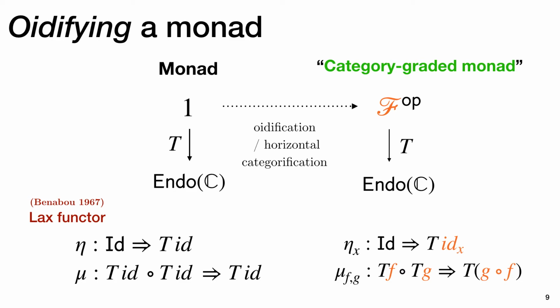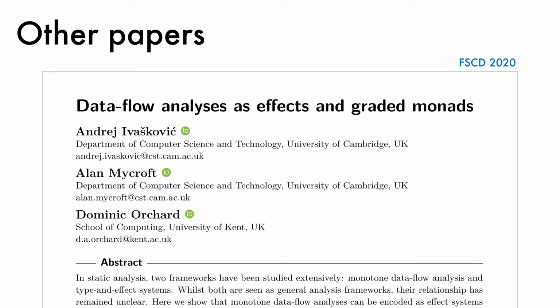So some of this is based on observations that have been around for a little while, and we just explore this in detail in the paper. Another thing that I was doing this year with colleagues at the University of Cambridge, with Andrei Vaskovich and Alan Mycroft, is that we've been looking at the application of graded monads in the semantics of side effects and imperative programming. So in this paper we compare data flow analyses, classical static analysis kind of ideas, with effect systems and